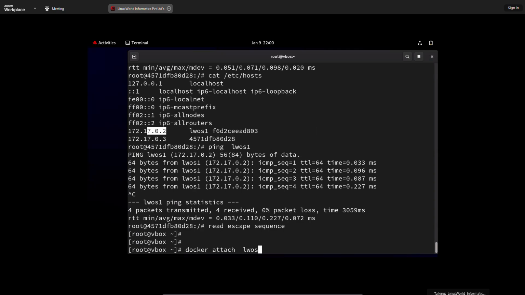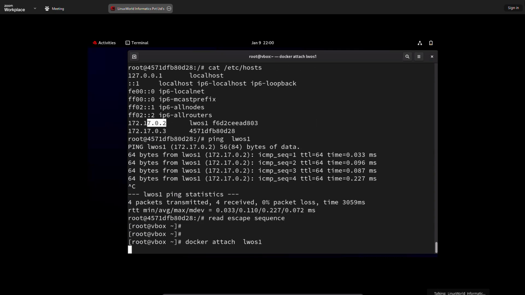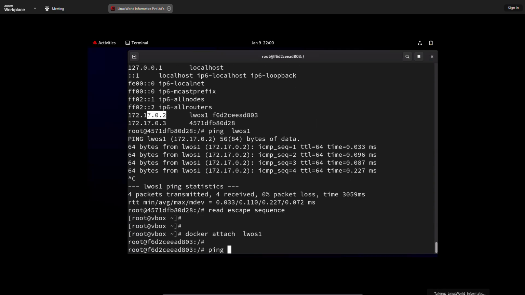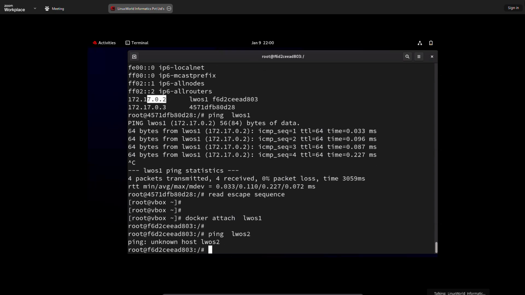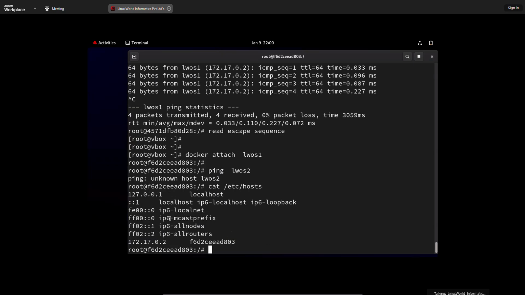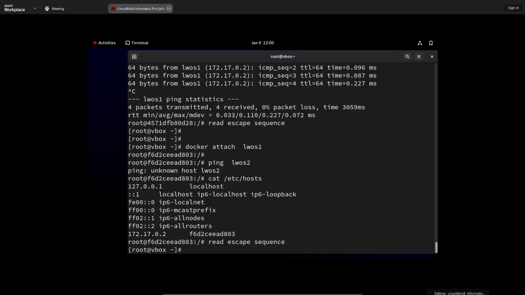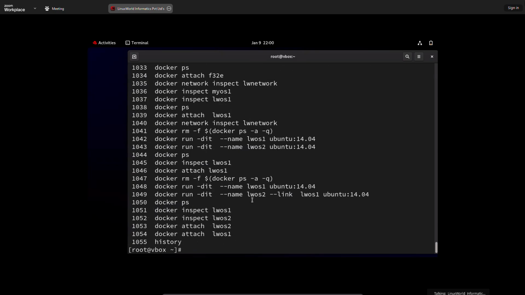But if you go to container one, and from container one you try to ping container two, it does not work. So reverse does not work in this example because they don't have a reverse entry. Technically, if I show you the history, I launched a first container, and I wanted the second container to connect to the first container with the name,